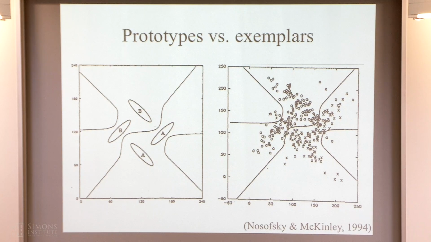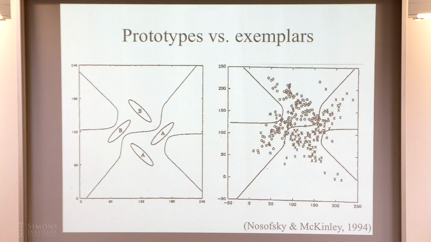Okay? So this is a kind of classification boundary that you can't produce using something like a prototype model. You can produce it if you use the exemplar model. And then they had graduate students come into their lab over the course of a week, and they would sit in the lab and just classify things as A's and B's for 4,000 classification trials. And at the end of those 4,000 trials, they could do stuff like this, where they're classifying stuff that's over here as B's and stuff that's over here as A's. So X's are A's and O's are B's, right?